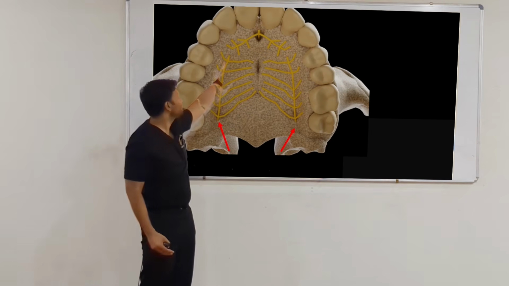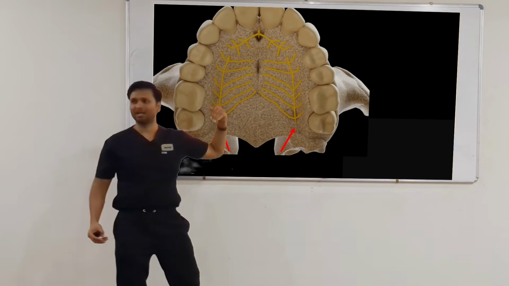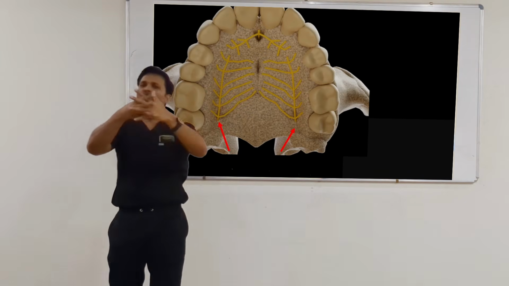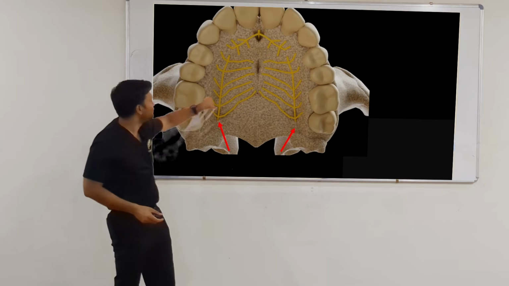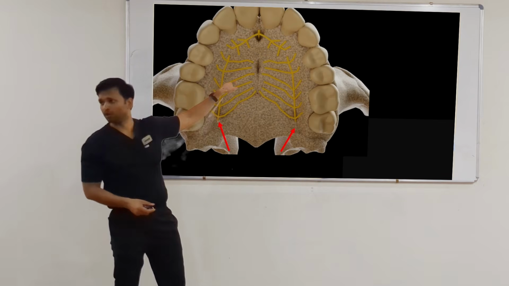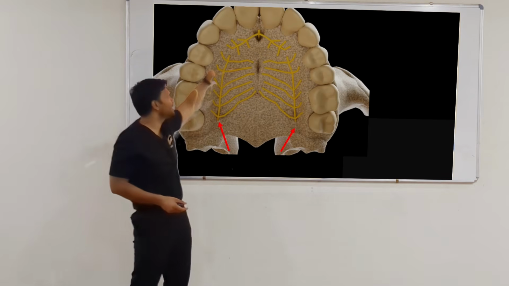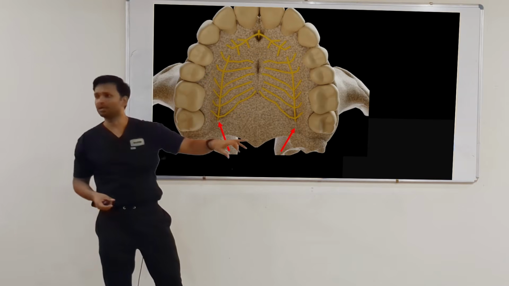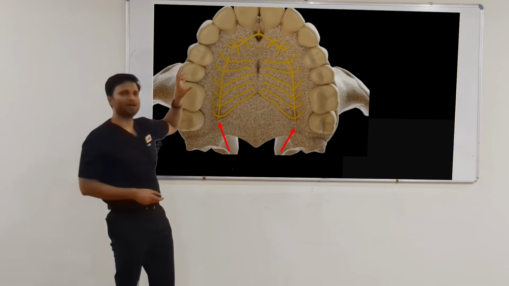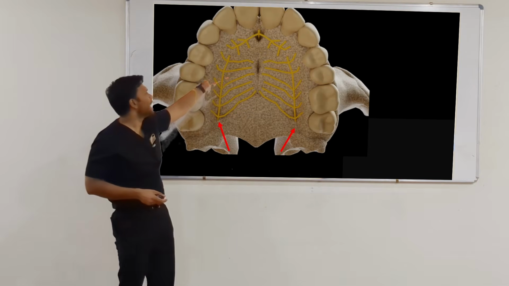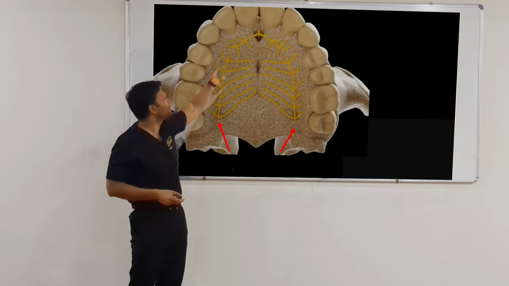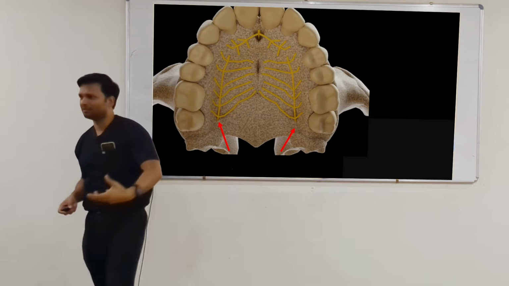Okay? So here it is not that this is your area and this is my area. There is a crossing over of the fibers. So there is a possibility when you block this nerve that the first premolar might get supply from the nasopalatine nerve also. So you might have failure to achieve anesthesia in the first premolar region because of the accessory, or cross innervation, of the nasopalatine nerve. Okay?